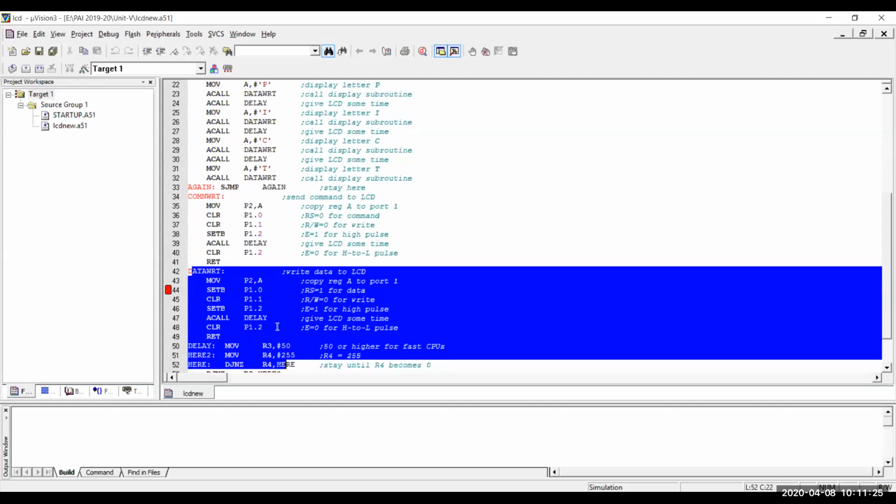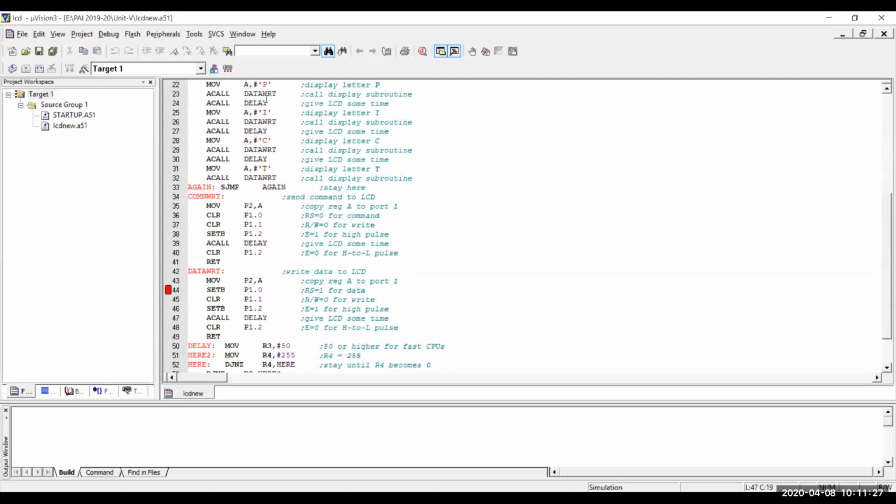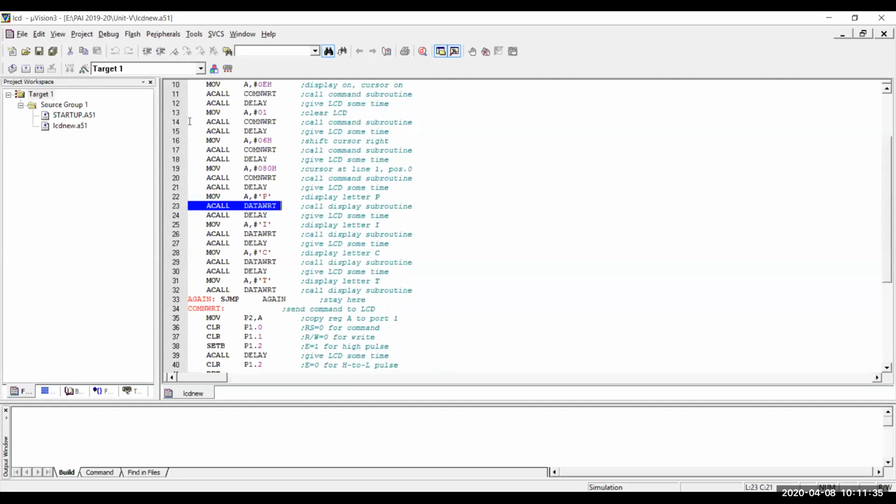Whenever we send data, we don't call the command routine, we call the data routine. See here, after P the data routine is called, and after 01 the command routine is called. Initially we send a command, then we send the data.